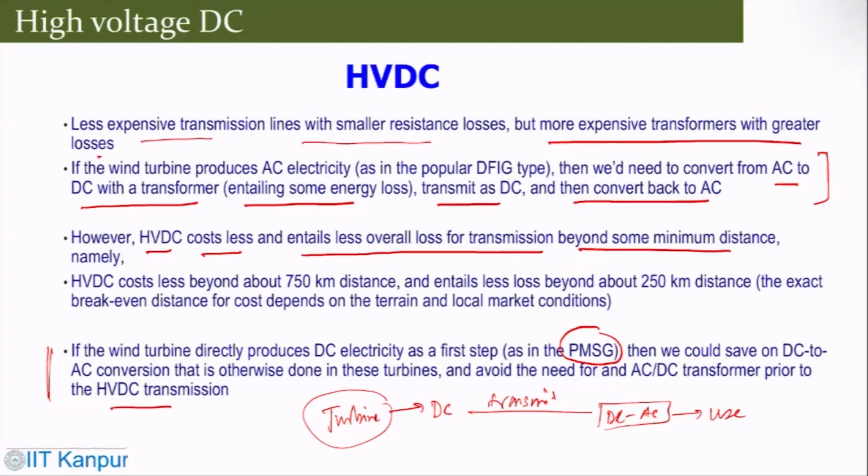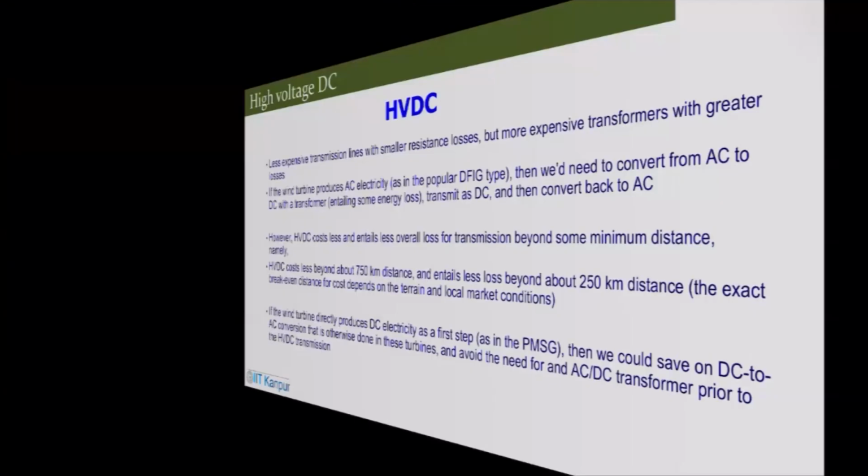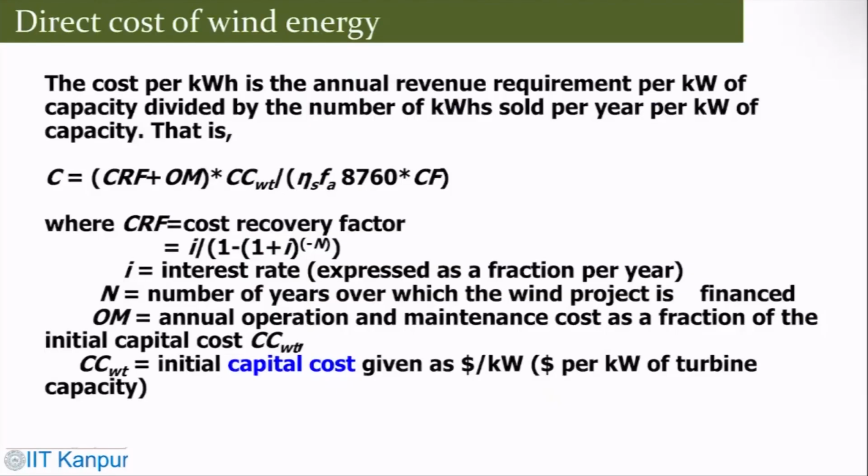performance output. And it would lead to cost, as we can see that one can calculate the direct cost of the wind energy, which has this cost recovery factor, given in terms of the interest rate, the number of years, and the annual operations and so on. Here is the annual operation and maintenance cost, the initial capital cost, then